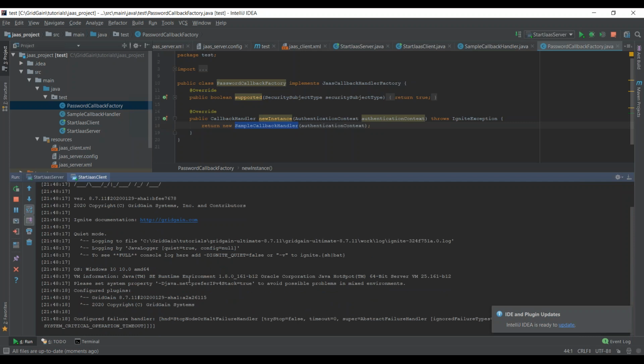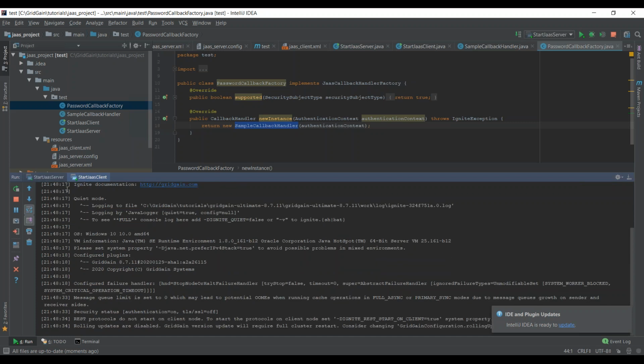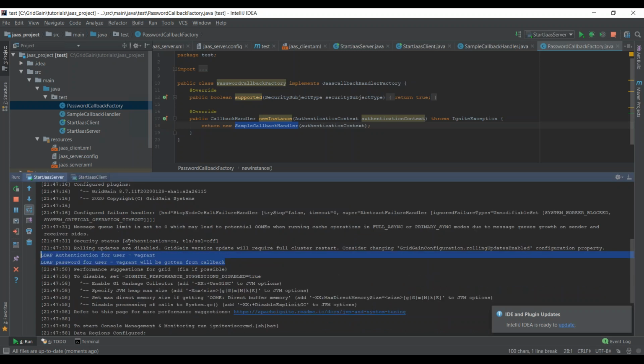Yeah, it will take some time. Because we have one server node, every check-in will be done on the coordinator node. You can see that our client joined the cluster. Let's take a look at the log